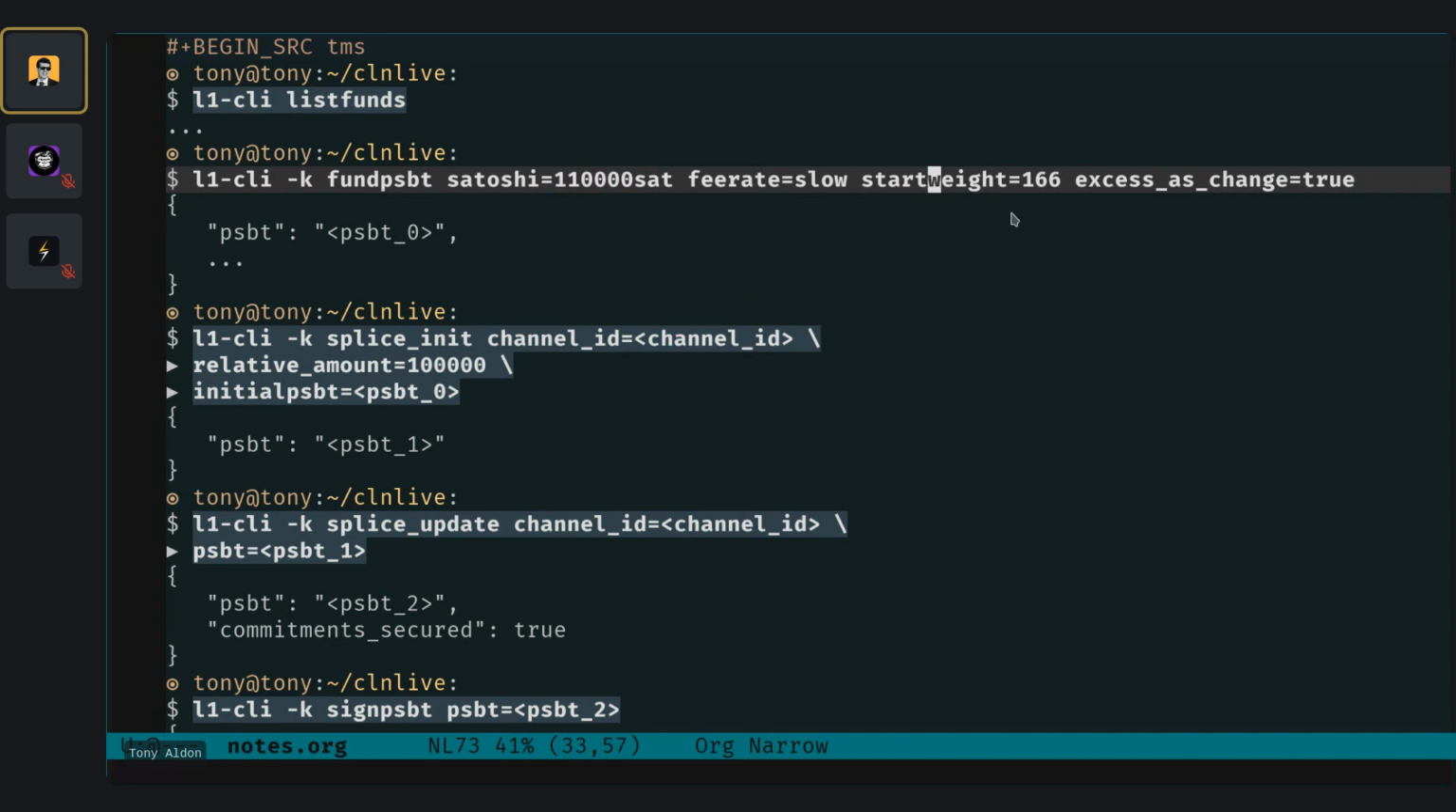Startweight. So maybe, do you know, Vincenzo, because I don't know what the startweight option in the fundpsbt command is. Do you know? I think it'd be something with v, but no, I don't. Sorry. Okay, so I use the magic number 166. Why? Because this is in one of the tests of splicing in Core Lightning, so I use that one. And excess as change equal true means that the excess of coins will go back to our